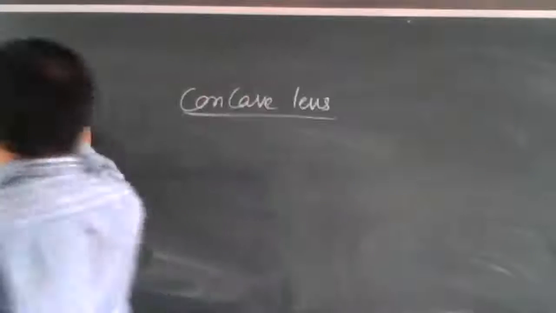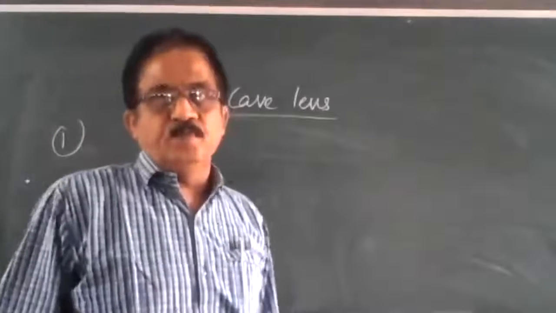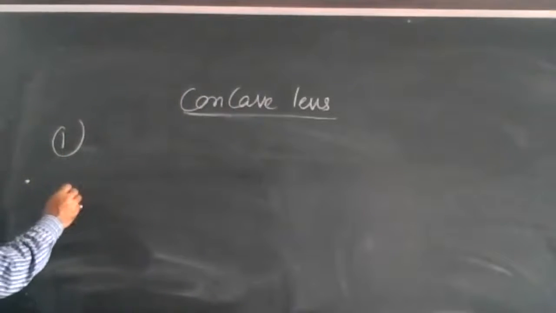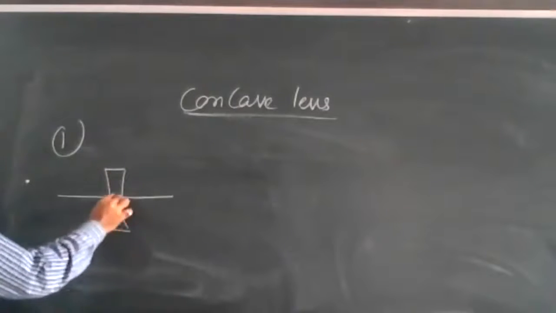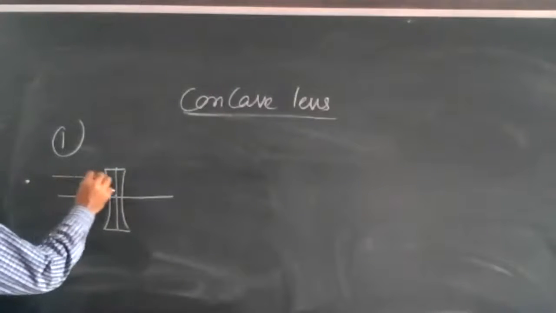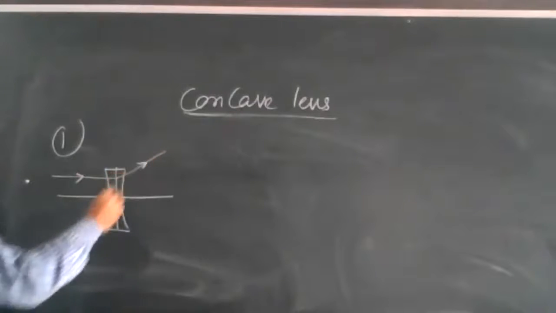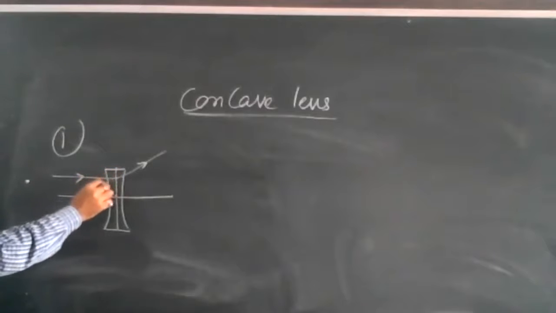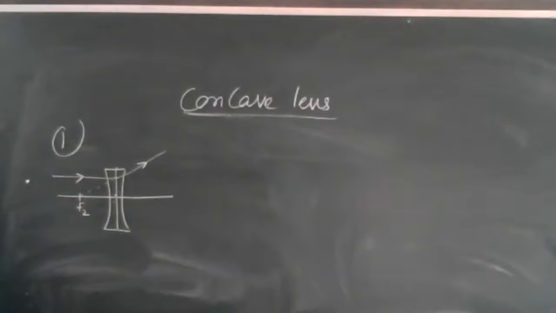Case first. In this concave lens, first I am going to see 3 rules. First rule is there. Here is our concave lens. This is the optical center. A ray parallel to the principal axis, after refraction is there. Here you can see. ऐसा लगता है ये focus से आ रहा है. This is the first rule here.